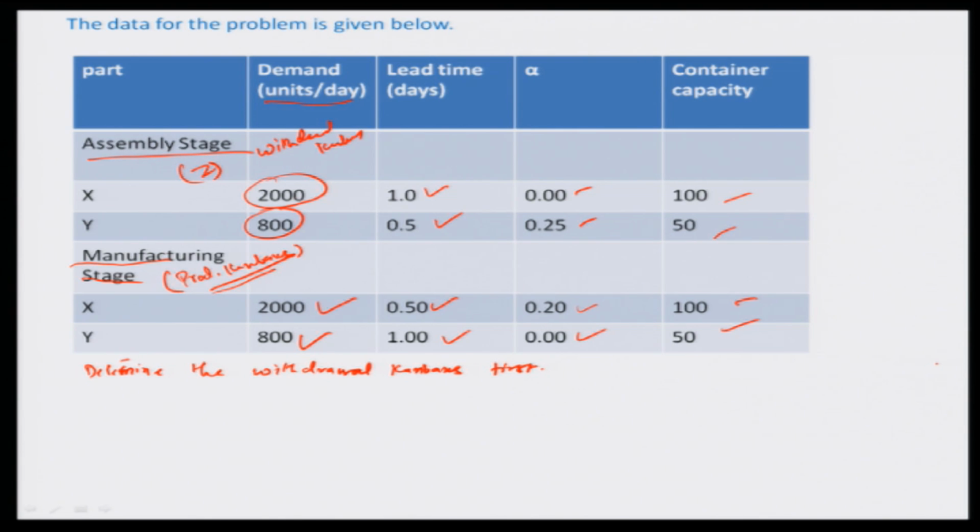The lead time used for determining withdrawal Kanbans is the time it takes the part to travel from the preceding stage work center to the subsequent stage, which is Z. So, therefore, just write the statement here that the lead time, which is given in this particular portion of the table here, okay, is really